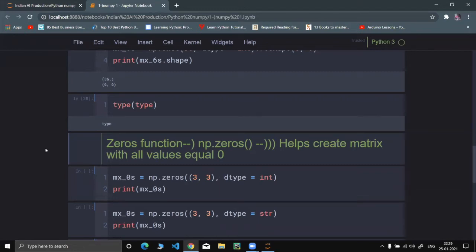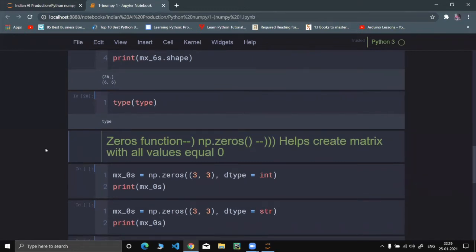One question: is Python a fully object-oriented programming language? Python supports object-oriented programming, but we can't say it is fully object-oriented. Some features won't be supported. For example, method overloading is not possible in Python because of dynamic typing. That is one reason. There are some features which it won't support.